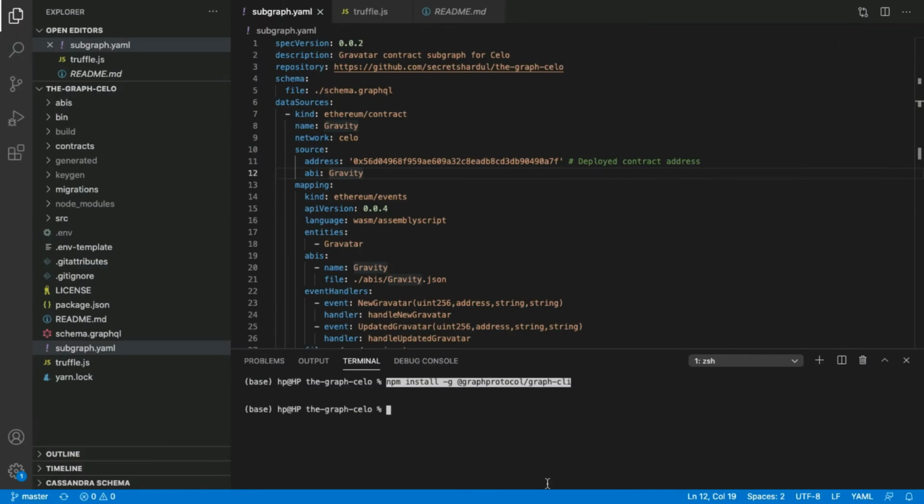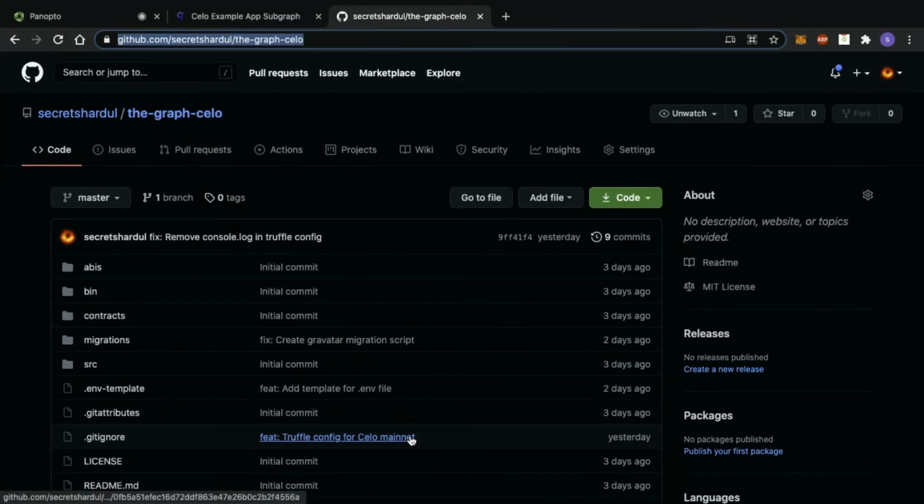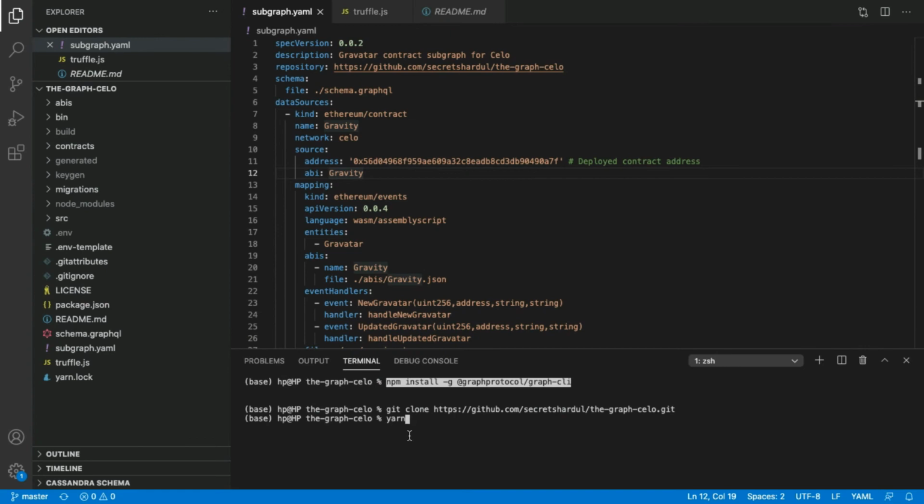So we can clone this using git clone. You can type git clone, the URL, and then the project will get cloned. So we can see I have already done this. So the repository is here in front of you. Once we do this, we install the node modules using yarn install. We add this command to install the node dependencies. Once this is done, we are ready to deploy our program.